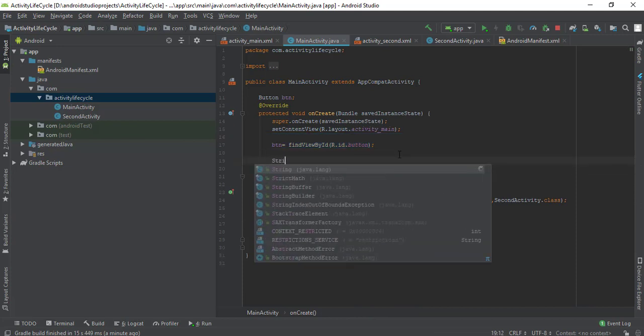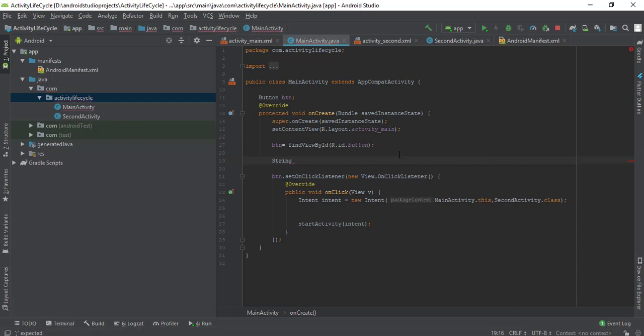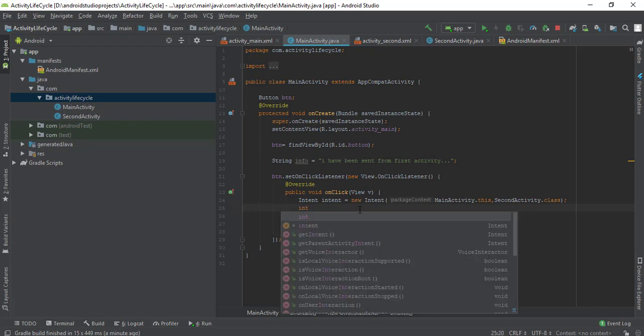Let's say I want to pass it some data. I'm going to create a local variable, string info, is equal to "I've been sent from first activity." So I want to send this data. So how can I do that? It is intent